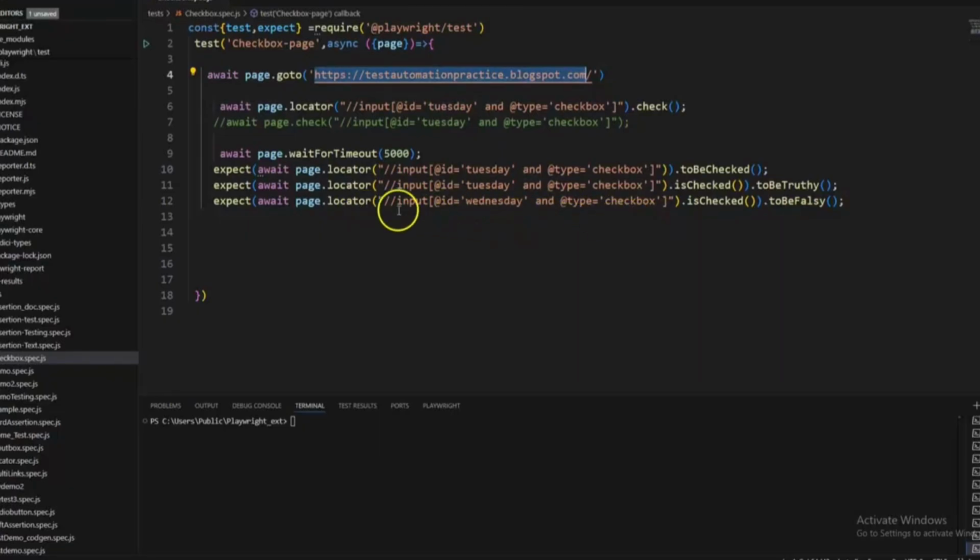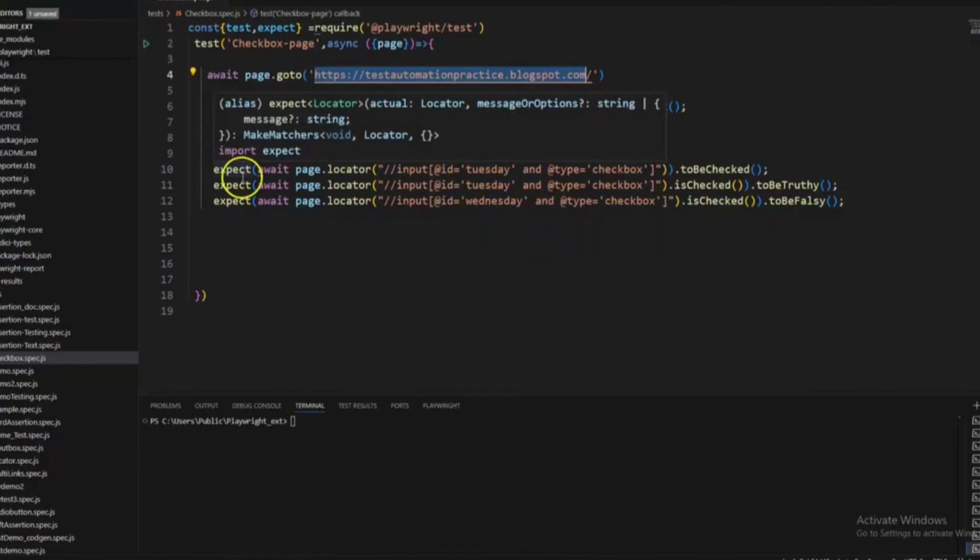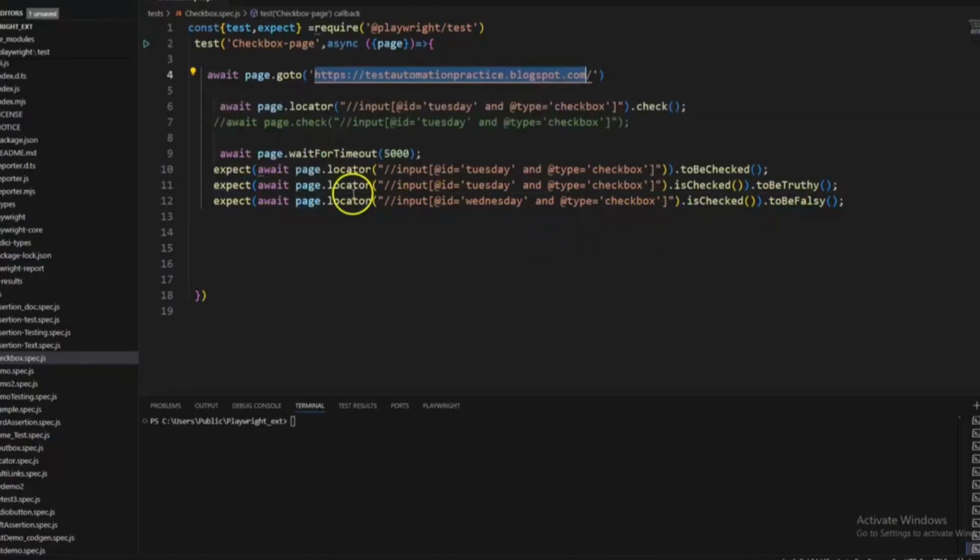Okay, so we have the locator for the day of Wednesday. So what we need to do here first, just like here we have already specified the locator and then the check method. So what we need to do here,